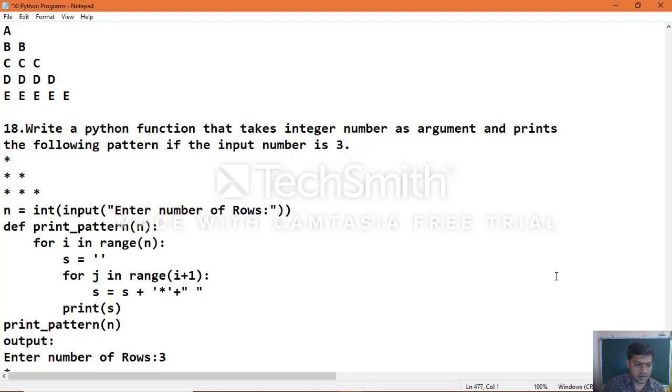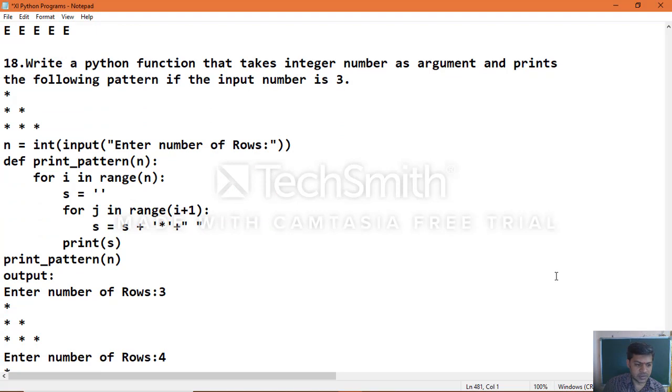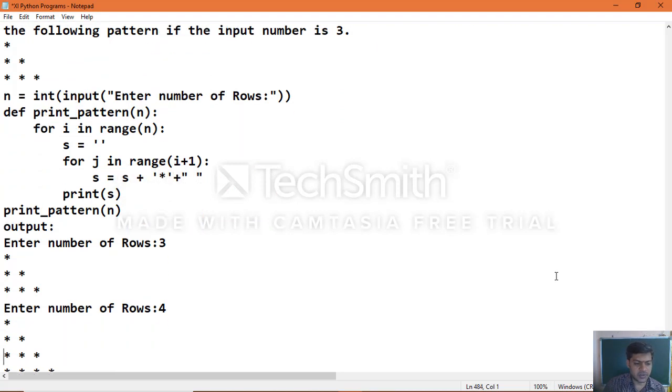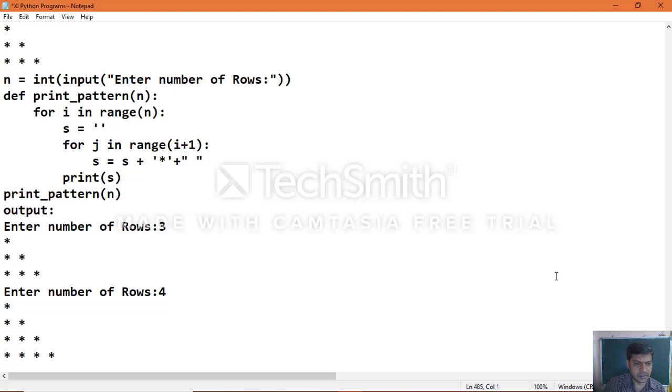Then call print pattern and enter number of rows 3, which will print 3 rows, and enter number of rows 4, which will print in such a way that you can see clearly the pattern being printed. So whatever input n value you give, that many rows of the asterisk symbol, the star symbol, will be printed.